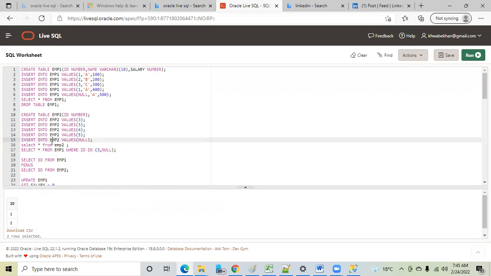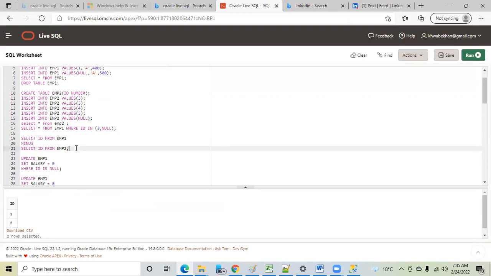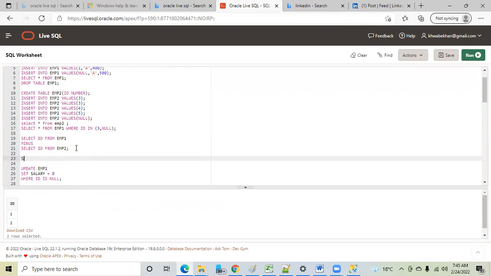Yes. Now, someone shared a solution with me yesterday that was also very good. He told me: select ID from employee 1 where ID not in select ID from employee 2. This time I'm not going to explain anything. Seriously, you guys have to think and tell me the reason for this. This is the query.